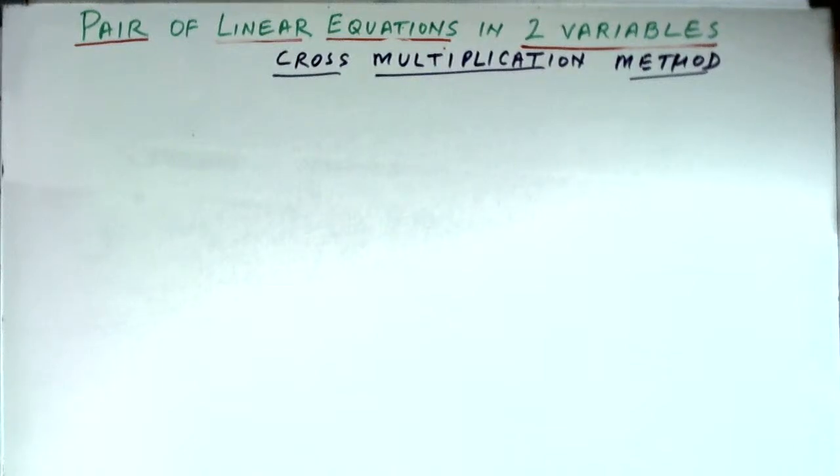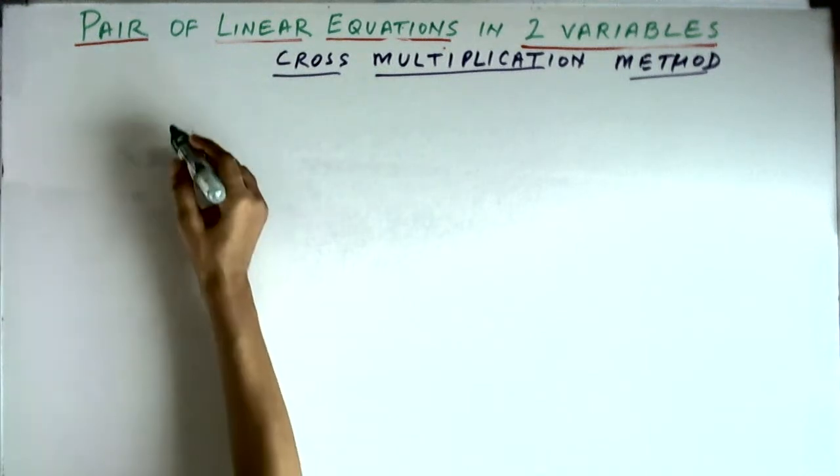In this video, we will learn the cross multiplication method for solving a pair of linear equations in two variables. And as I have mentioned earlier, a pair of linear equations is also called simultaneous equations. So what we are going to learn is the cross multiplication method for solving simultaneous equations. Now, basically in the cross multiplication method,